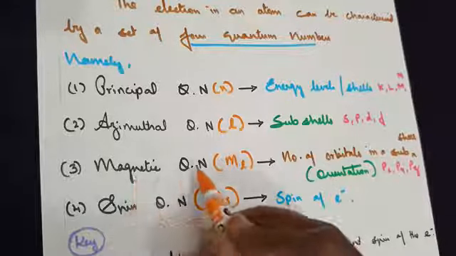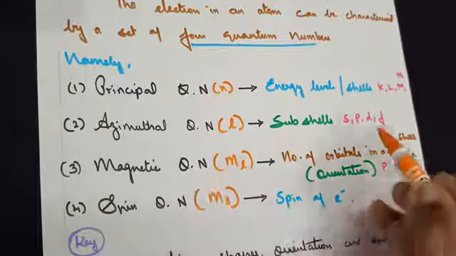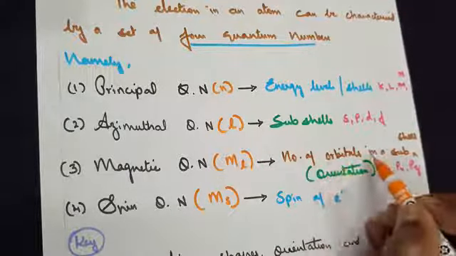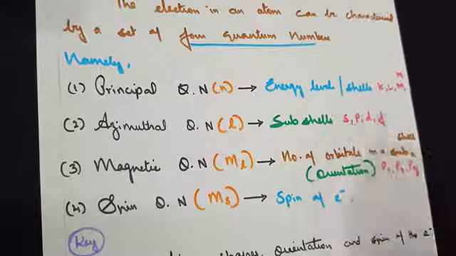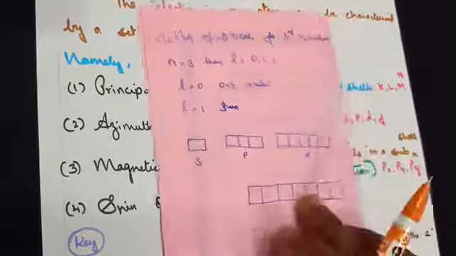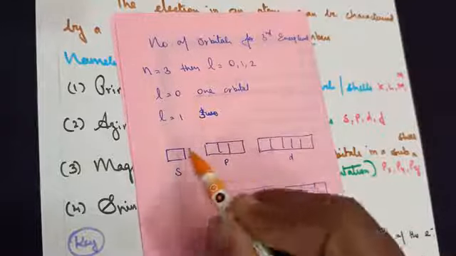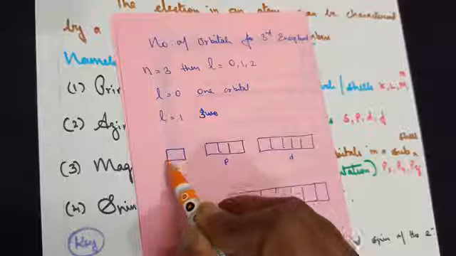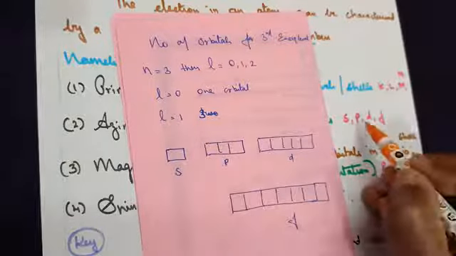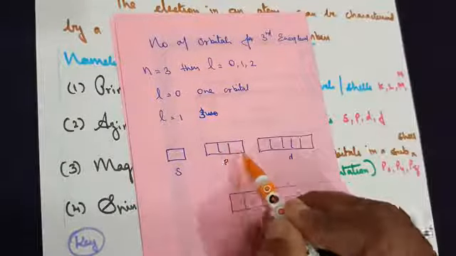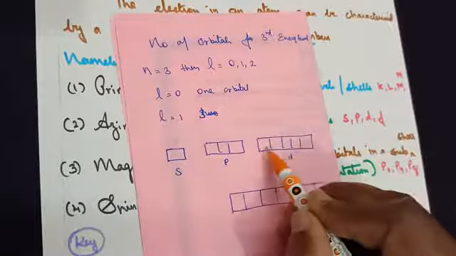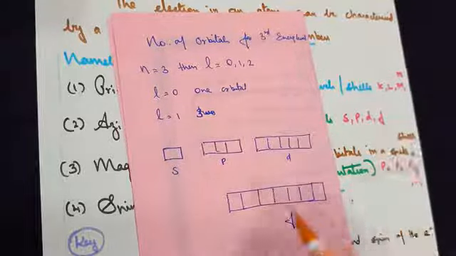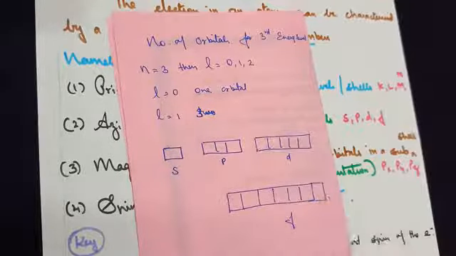The third one is the magnetic quantum number. Here, these subshells will have a number of orbitals in a subshell. To make this point clear, I would like to show you this diagram, what you have learnt in the lower classes. When you say s orbital, only one box will be there. When you say p orbital, there will be 3 boxes. D orbital, when you say, 5 orbital boxes will be there. And when we say f orbital, there will be 7 boxes here.